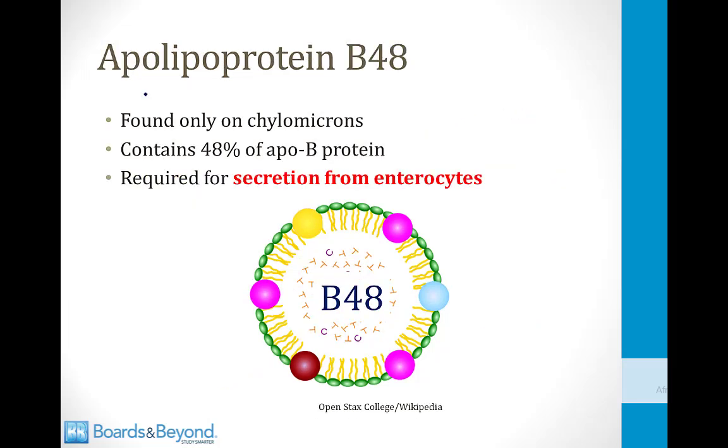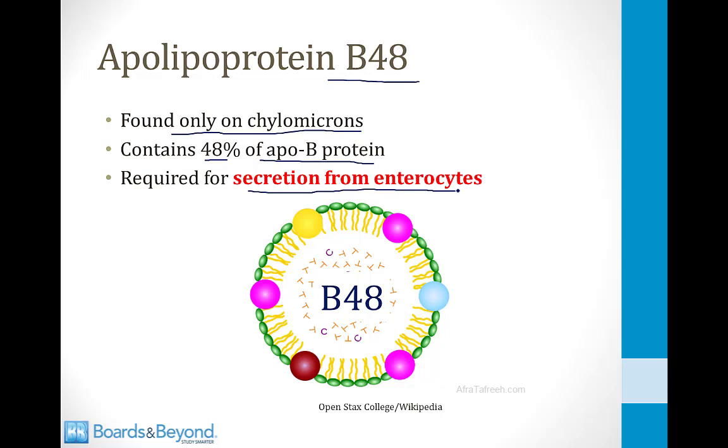There's a very important apolipoprotein found on chylomicrons called apolipoprotein B48. This apolipoprotein is unique to chylomicrons. It's only found on chylomicrons, and it gets its name because it contains 48% of the ApoB protein. As we will see later, there is another apolipoprotein called B100 that contains 100% of the ApoB protein. And the most important thing to know about B48 is that it is required for the secretion of chylomicrons from